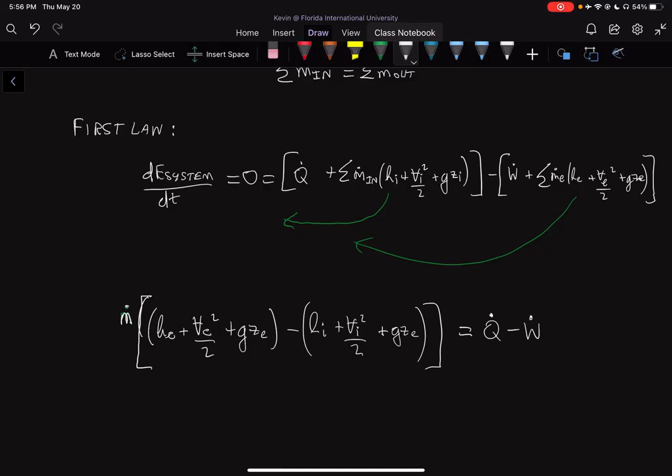Or we can flip it and say Q dot in minus W dot out, the same convention as before, is equal to